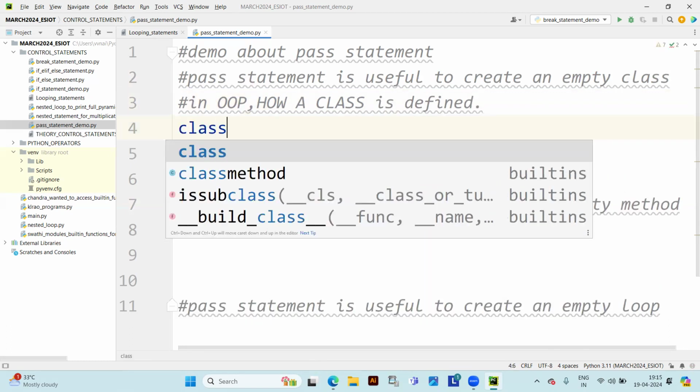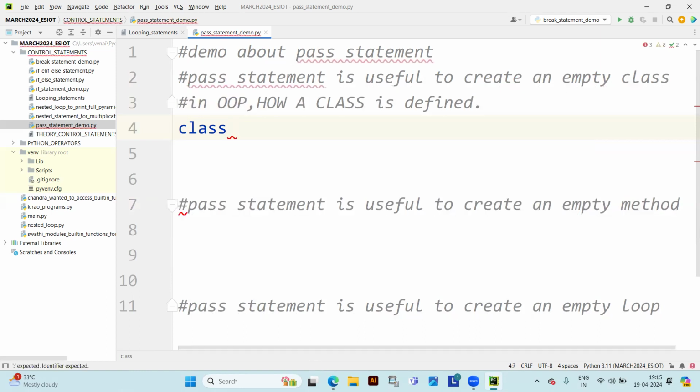In object-oriented programming, the class is defined with a built-in keyword, class, to define an object as a class. Right. So class is nothing but, generally, you might have observed or not,